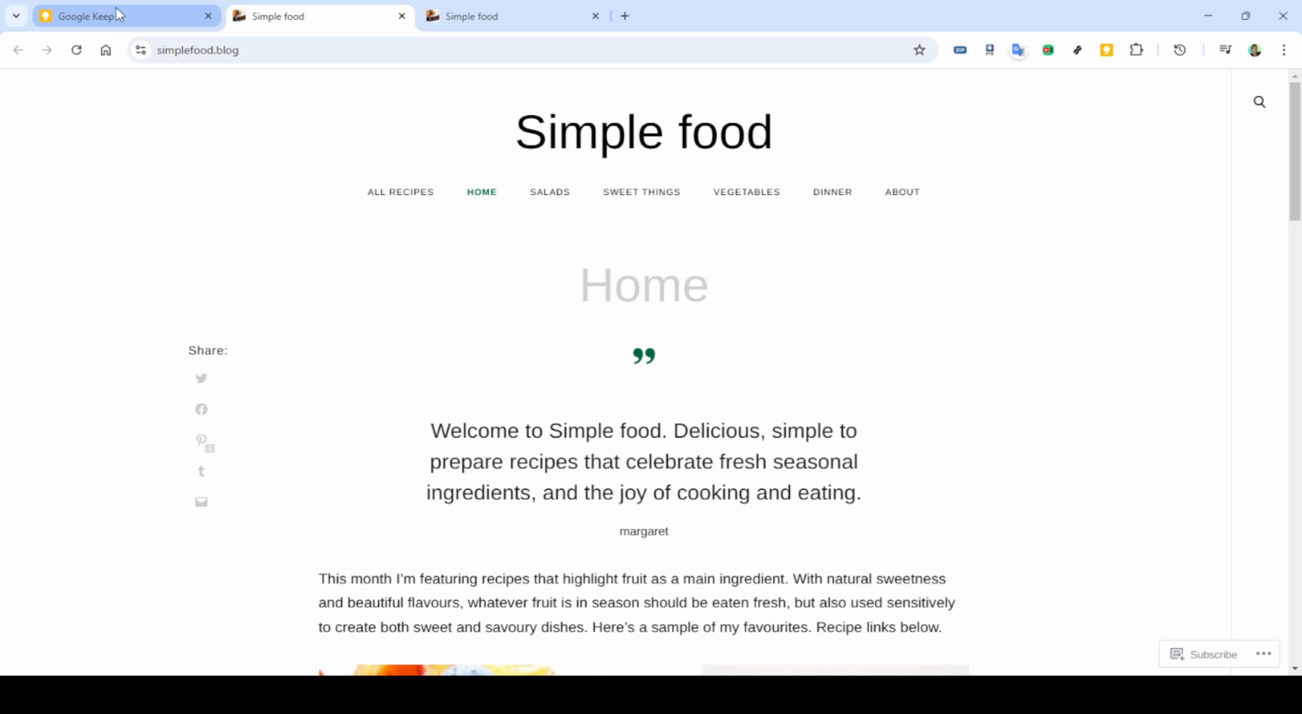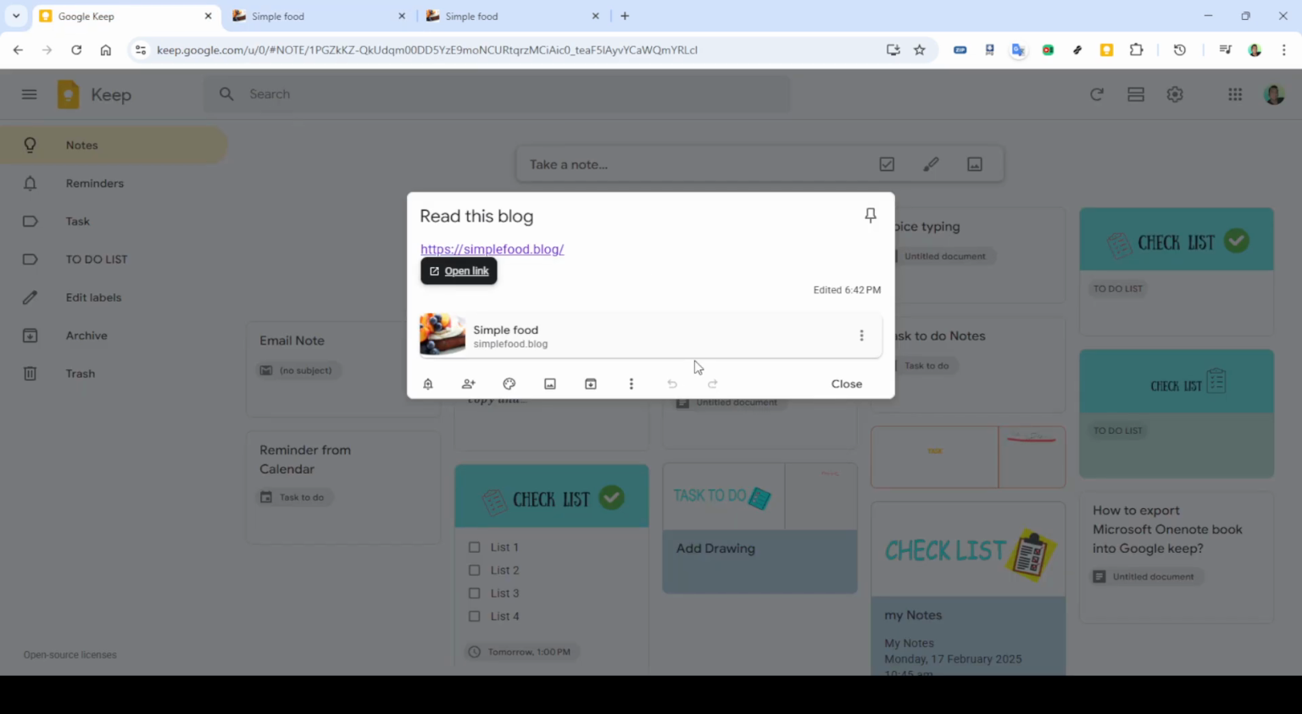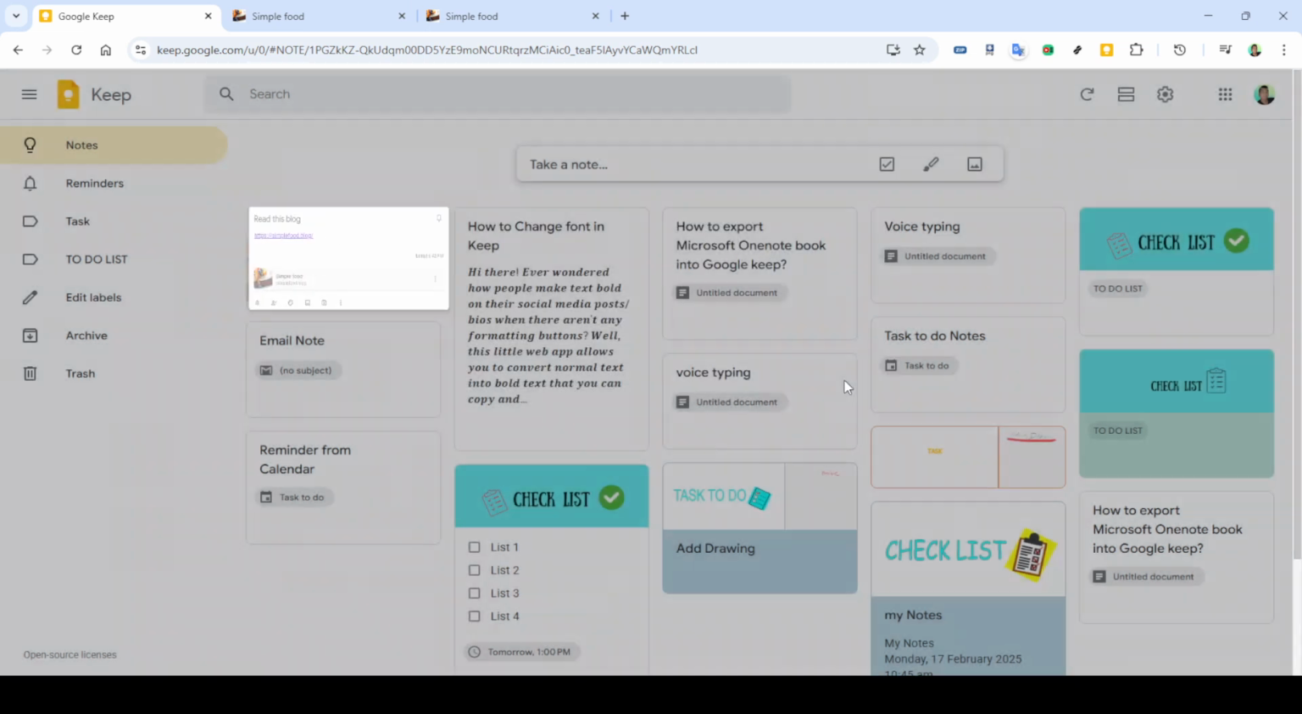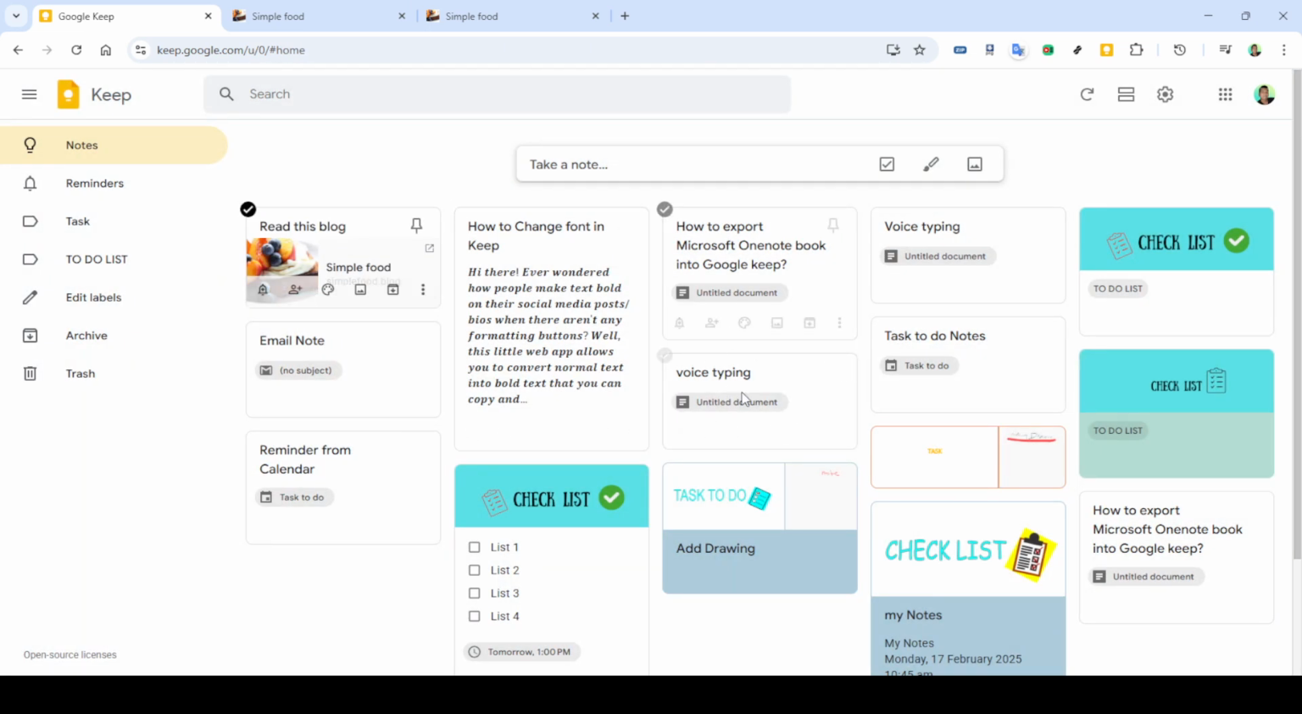And there you have it, an efficient way to save websites and relevant notes directly to Google Keep, helping you maintain an organized digital system for all the interesting content you find online. Whether it's for work, study, or personal interests, this method is sure to make